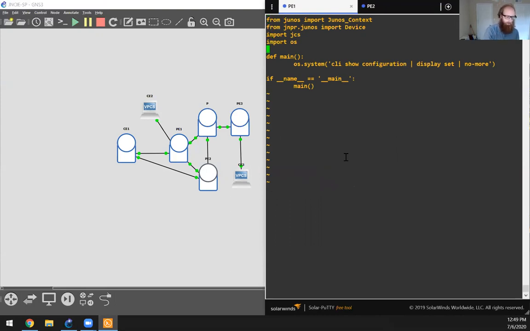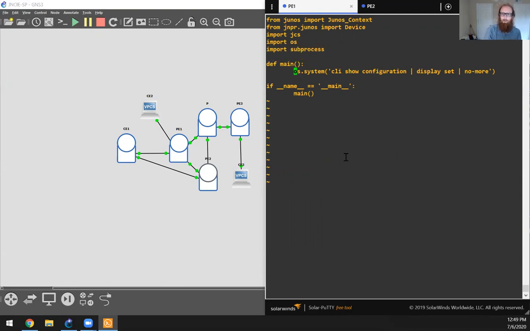Okay, so let's see if I've got the subprocess module. And then we'll do subprocess.check_output. Oops, but it looks like, yep, it looks like I'm dead in the water here. Let's try a D enter. There we go. Oops, kind of dead in the water again. Yep. Okay, there we go. So give a new line and then do